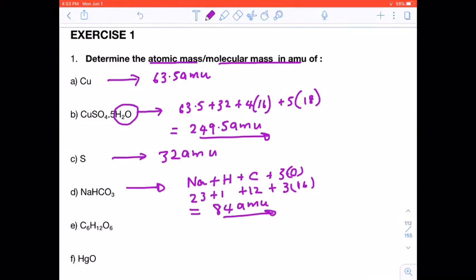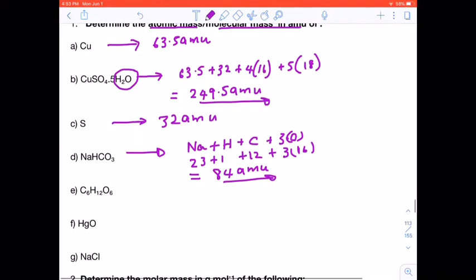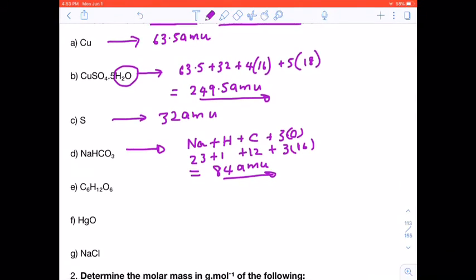Remember when we deal with molecular substances and we refer to the formula, we refer to the substance as having molecules. When we deal with ionic substances, we refer to it as having a formula unit, right? So that is 84 atomic mass units. Now let's look at